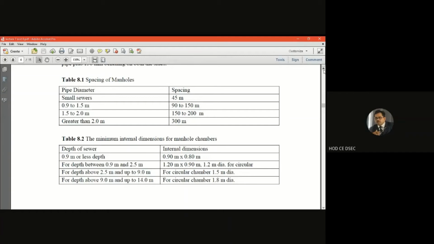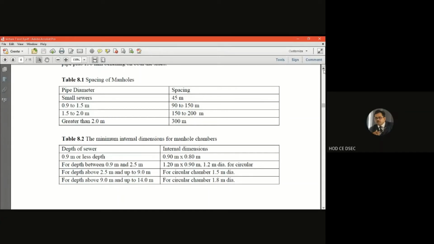One is the rectangle, another is the circular. If we select the rectangular section of the manhole, then we have to consider 1.2 meter by 0.9 meter. And if we go for the circular sewer, circular manhole, then we have to consider the 1.2 meter diameter of the circular section. Now, next higher depth, if we consider 2.5 meter to 9 meter, obviously the circular, there won't be any rectangular